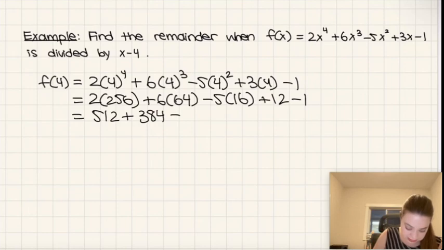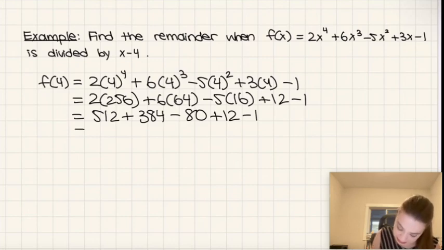Let's see, minus 5 times 16, which is 80, plus 12 minus 1. And let's see, 512 plus 384 plus 12 minus 80 minus 1 is going to give us 827. So therefore, the remainder is